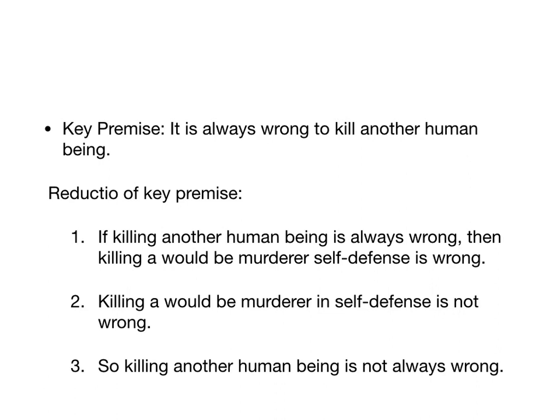If it were always wrong to kill another human being, then killing Mr. Axe Murderer would be wrong. It's not, right? If P, then Q, not Q, so not P. This reductio is supposed to undermine the key premise in this argument about physician-assisted suicide. And we'll see this a lot, right? In the arguments we talk about in class, there will be a key premise or premises. We'll see if we can come up with a reductio that undermines it. So hopefully you guys see how this works.